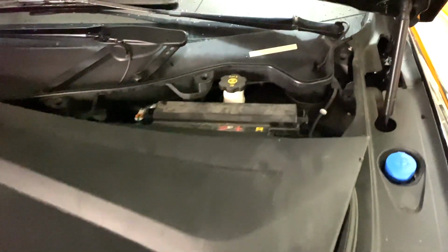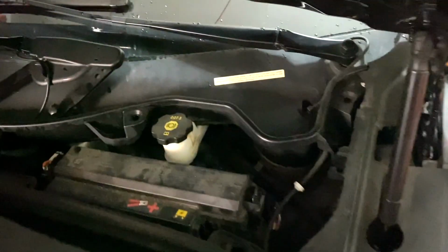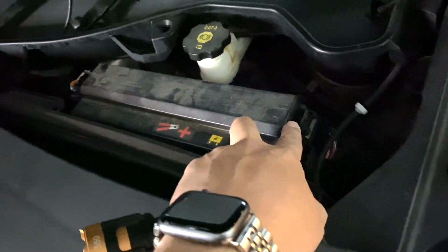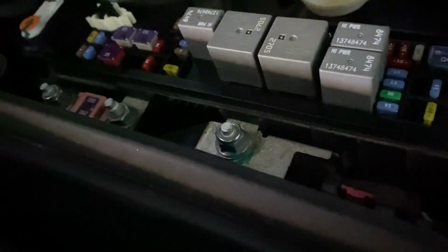All right, so if you are unfamiliar with the Tesla, there's actually an access panel. There's a panel here that kind of pops up. You can just remove that. But if you ever need to charge the battery or to jumpstart, you remove this here. And underneath, there's just a post where you can go ahead, and that bolt right there is a positive, and then the negative you need to put onto the chassis of the body. So that's how you access it